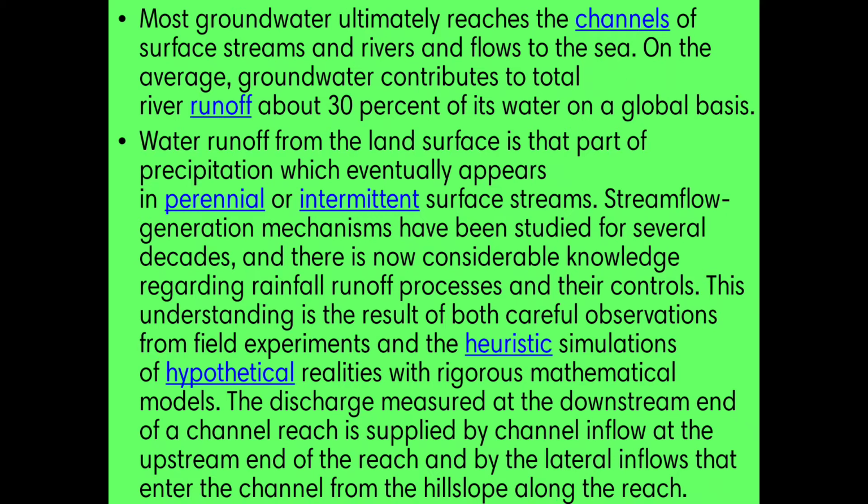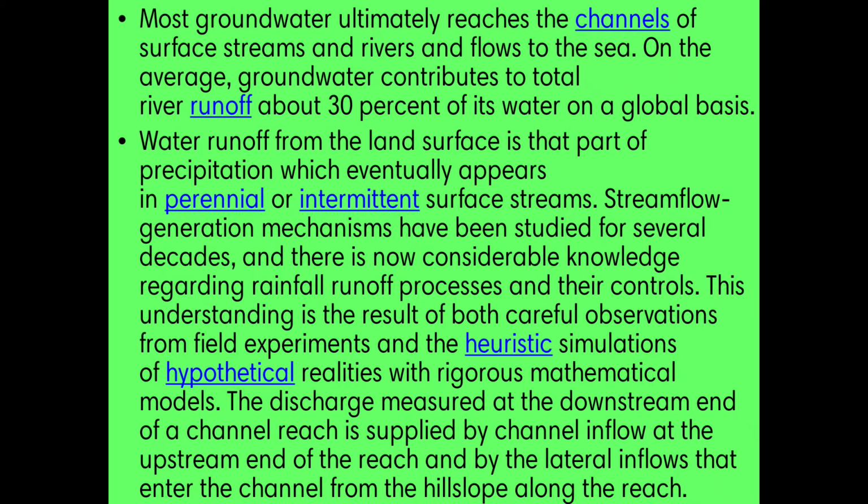Streamflow generation mechanisms have been studied for several decades, and there is now considerable knowledge regarding rainfall runoff processes and their controls. This understanding is the result of both careful observation from field experiments and the heuristic simulation of hypothetical realities